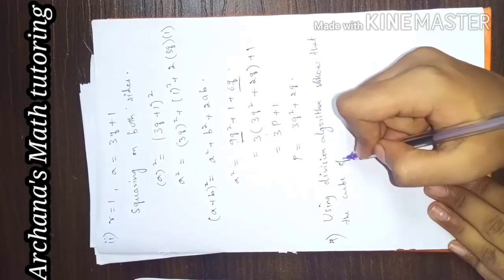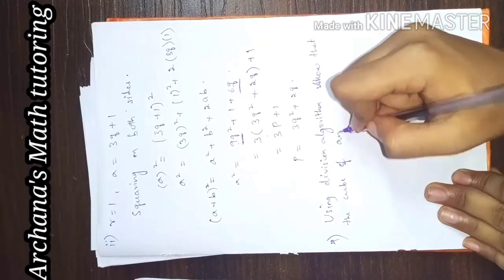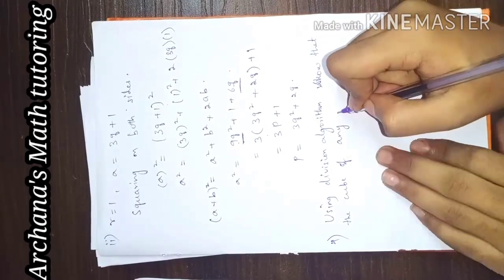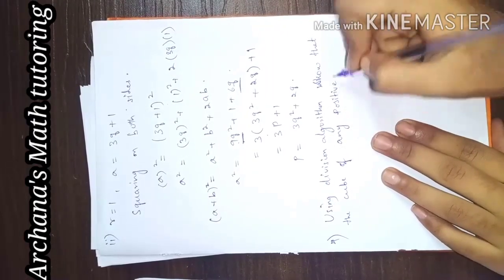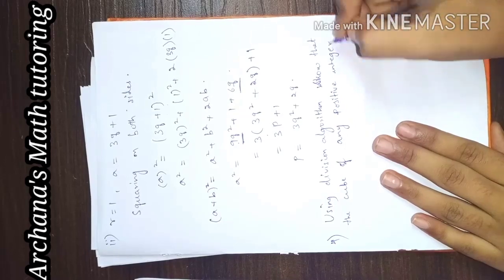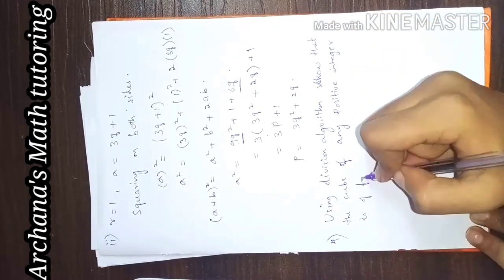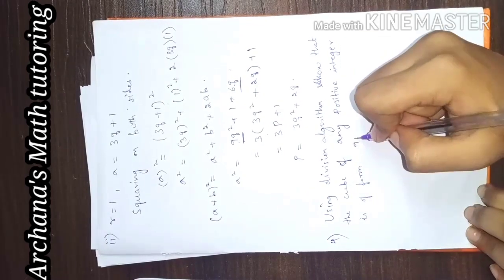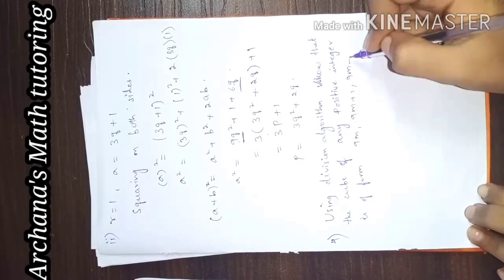Since many of the going 10th class students do not have a textbook, I am writing the question so that though you don't have a textbook, you can refer to these notes as your textbook itself. These are directly the questions of your exercise problems. A positive integer is of the form 9m, 9m plus 1 and 9m plus 8.